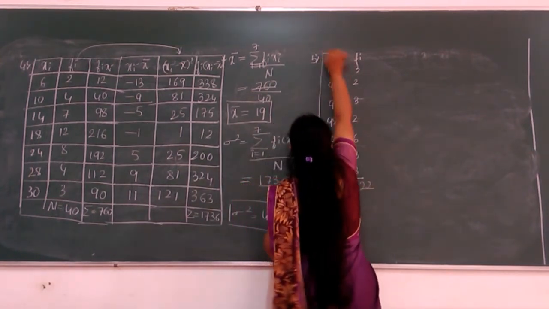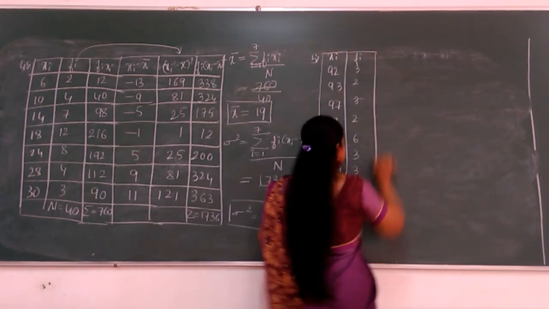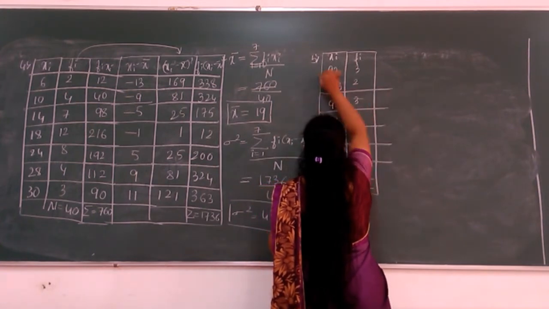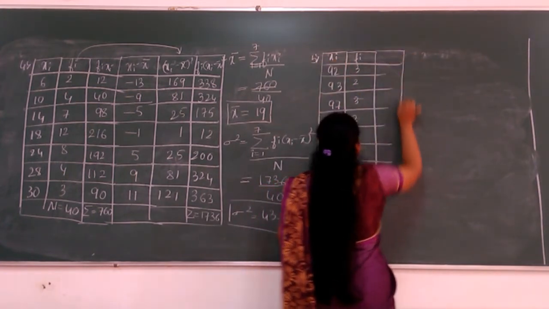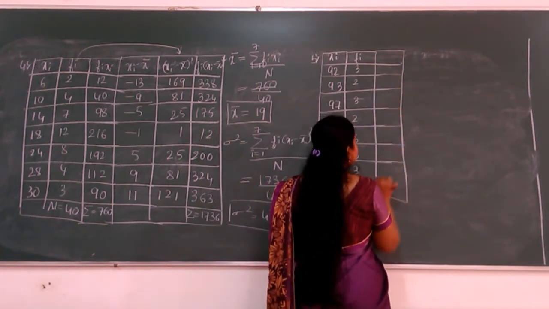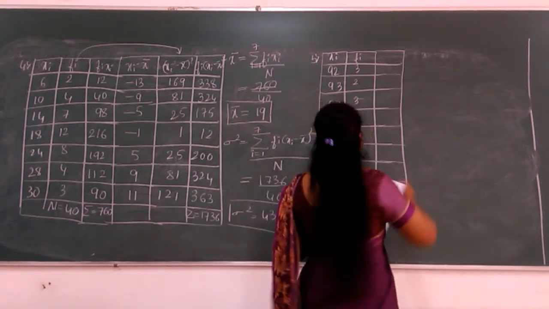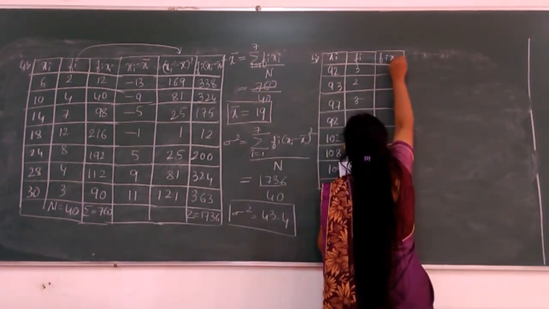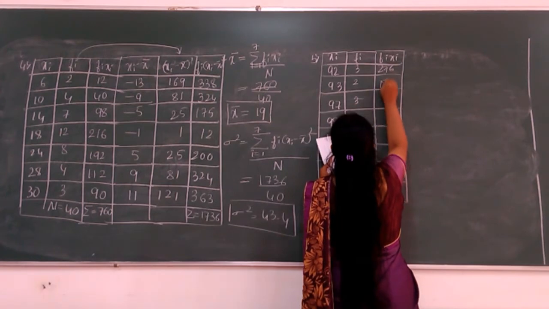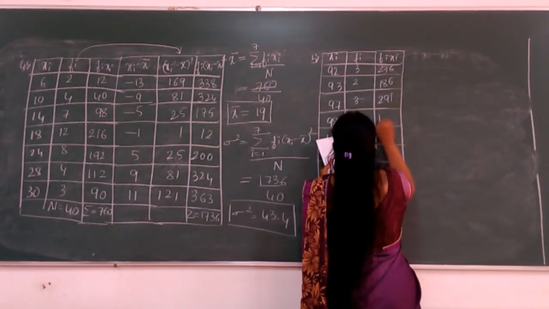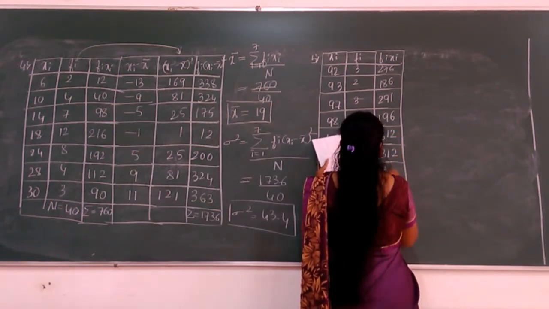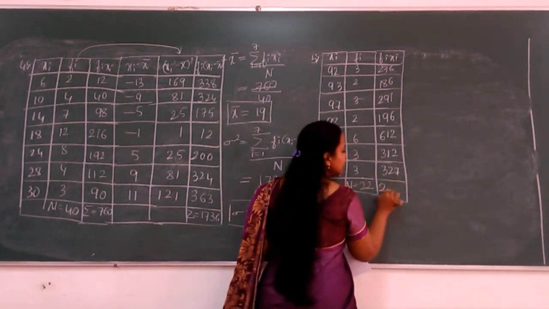It is the same as our previous problem, just what we have solved. Okay, so now let us consider this problem to calculate the mean and variance. So what will be our next column, students? It is fi into xi. Why do we need fi into xi? To calculate the mean. Okay, so it is fi into xi. 92 into 3 is 276, 186, 291, 196, 612, 312, 327.